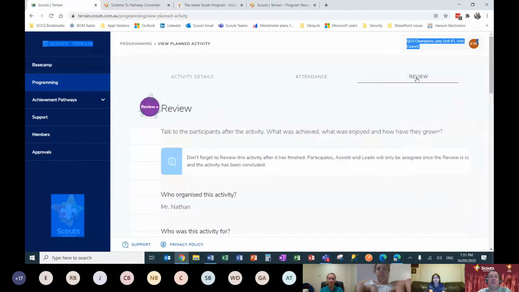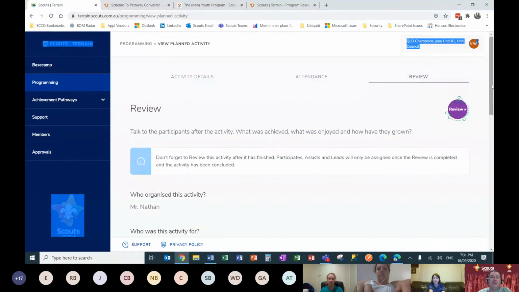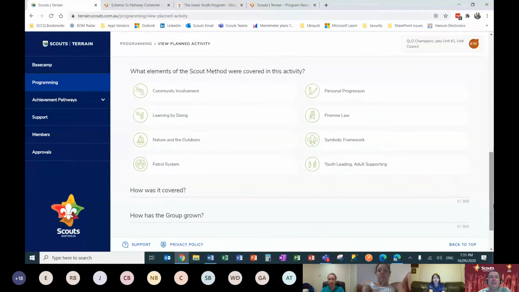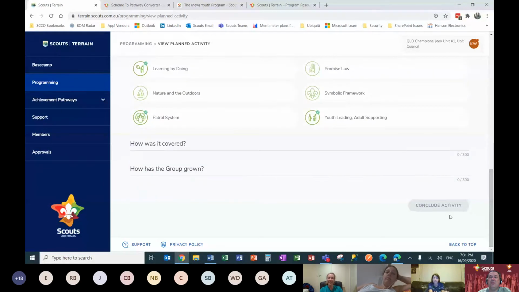And then we can do our review. And the review confirms who organised the activity, who was the lead, and who was the assist. So you might remember that under milestones, we now have participate, assists, and leads. We can rate the activity and provide our feedback on it as we come down the page. So we can say what elements of scouting, we can say we were learning by doing, we were working as a patrol and as youth led. We can put some comments in, and as soon as we press the button at the bottom, which I won't press now,